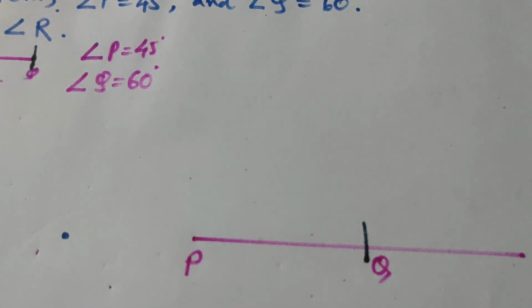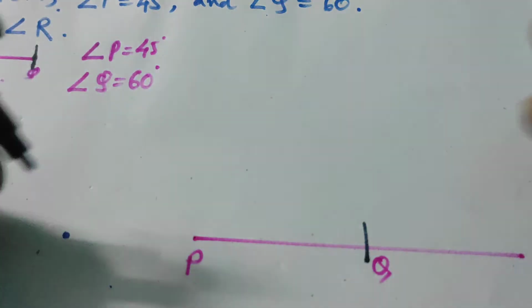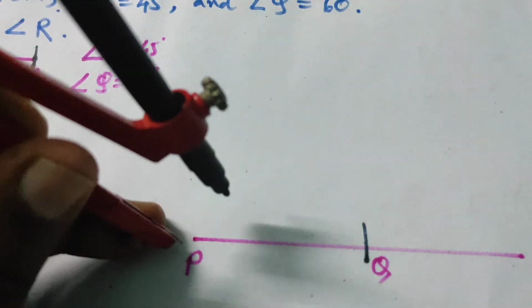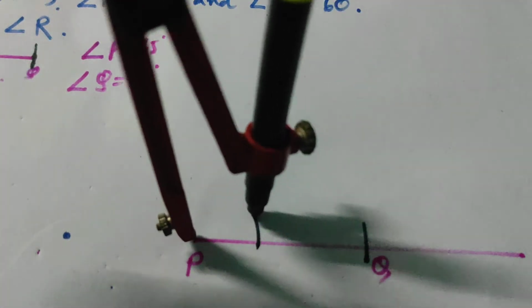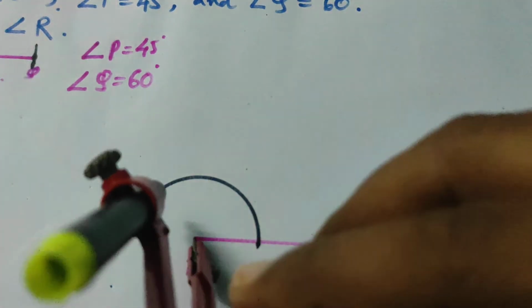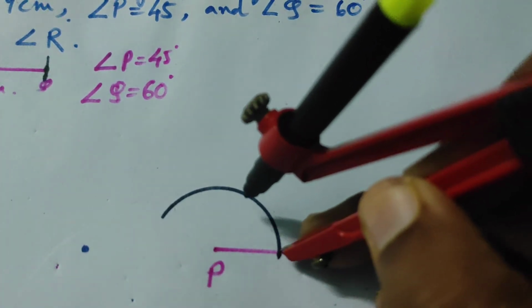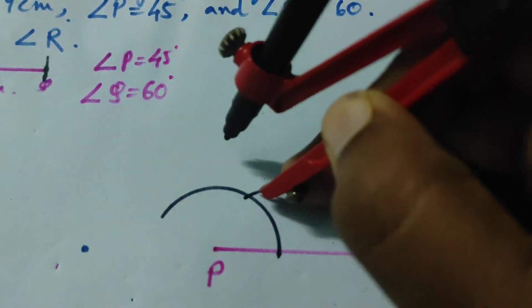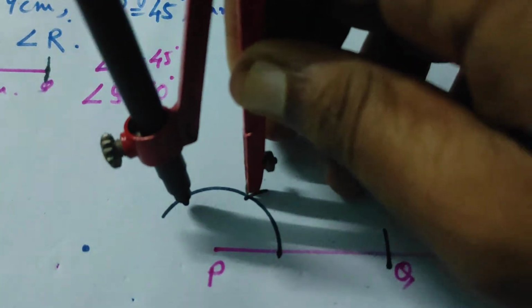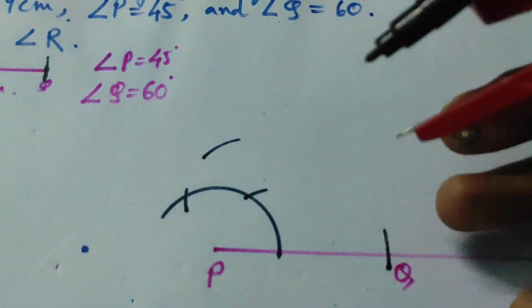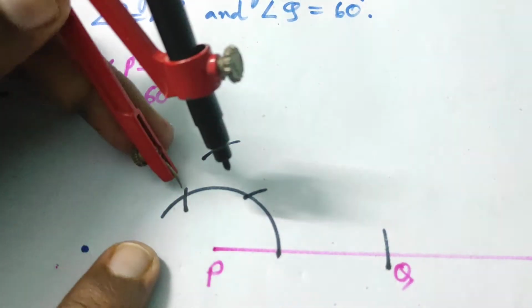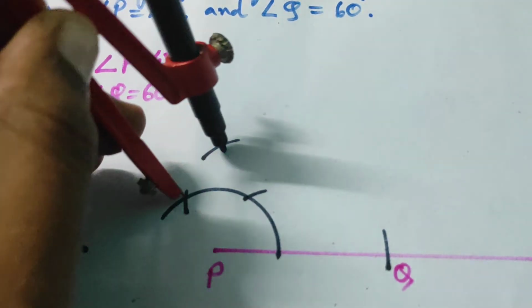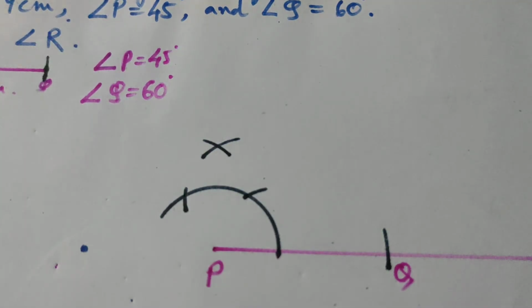like this. Then again we put the needle over here and cut it. Again we put it over here and you have to cut two arcs, 1 and 2, and finally one more arc, putting the needle at this point. So here we put the needle and cut the previous arc. So students, you can see that if you join the point P and this point of intersection of the previous two arcs, we will get a 90 degree angle. But students, one more thing, this 90 degree angle is not needed for this compass.